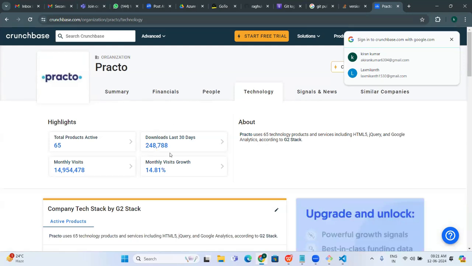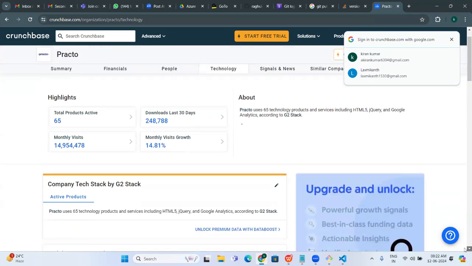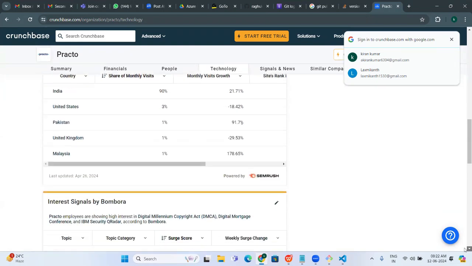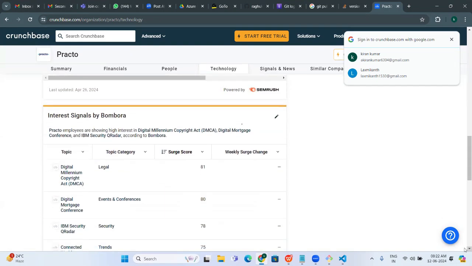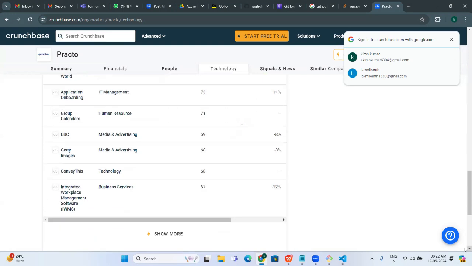So how many downloads are happening, how many monthly visits, the growth. You can see how they got this information. Once people visit their site, they collect the data, do analytics, and try to present it. For that, how the services AWS is giving, for the web, app, DB, how they are connecting. They are practically using AWS actually.